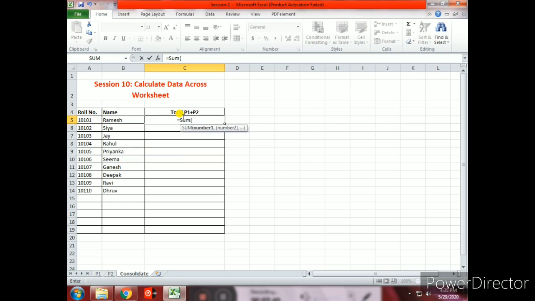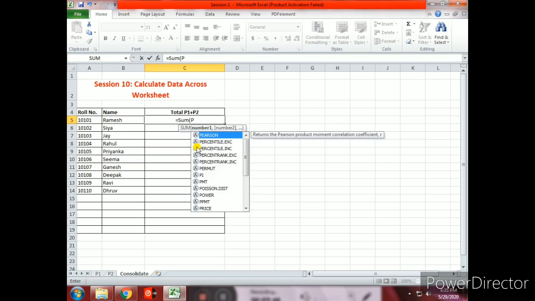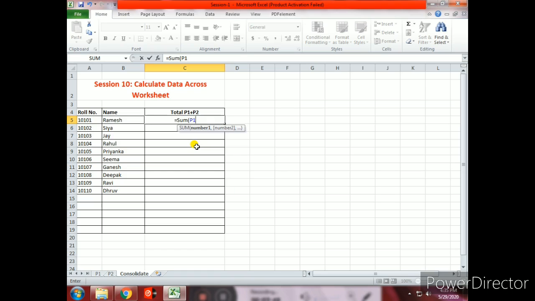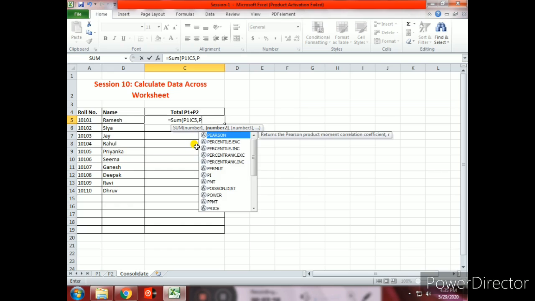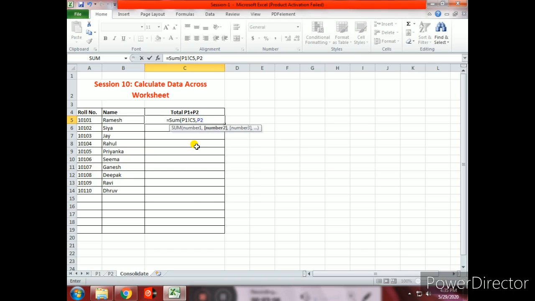Then we have to give the sheet name P1, exclamation mark, cell address C5, then P2, the second sheet name, exclamation mark and the cell address that we are going to add, and then close the bracket.